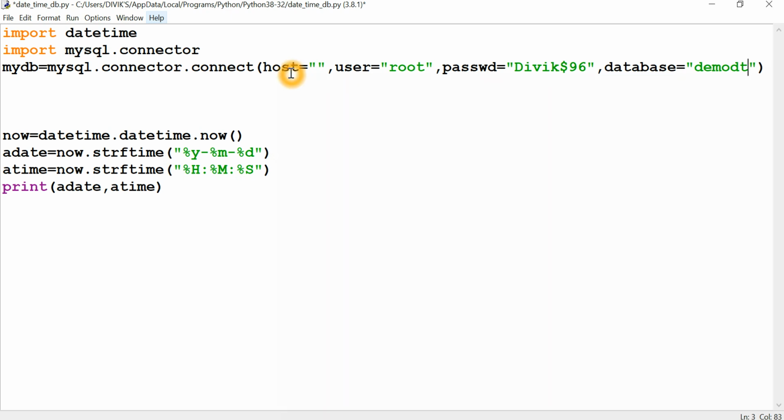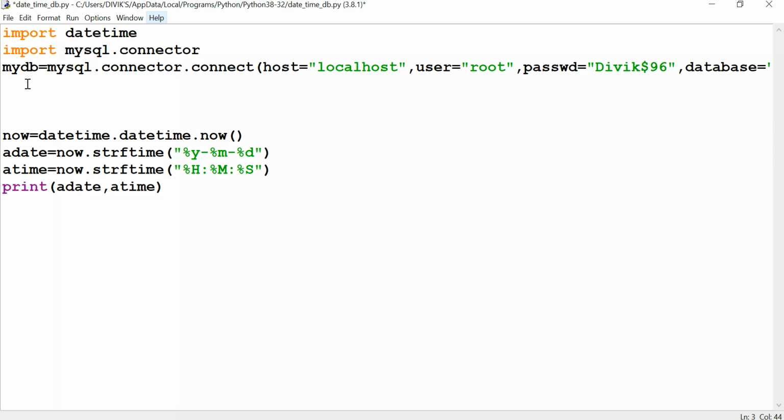So what is a host? I said it is the computer in which you are running the particular program. So it is localhost. Usually you want to provide the IP address only. There is a default IP address you want to provide. Otherwise, you can just give localhost alone. So that's all, two steps over.